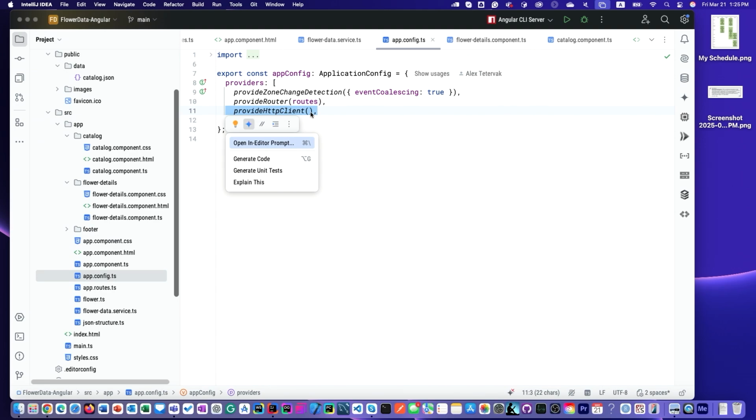what would happen if this line is missing? No data, essentially. But if you open the browser developer tools console, that console window will tell you it cannot inject HTTP client. It means this is not provided. It means this line is missing. Okay? So if this line is missing, you will not get data, but the console window of developer tools will tell you it cannot inject